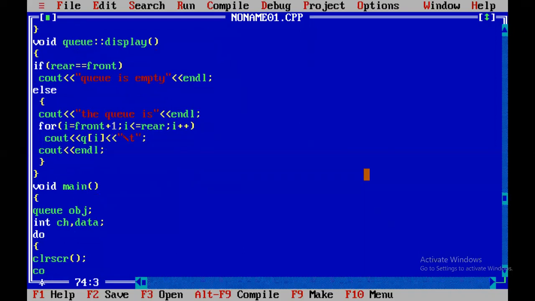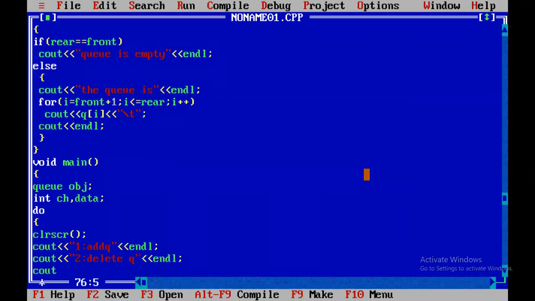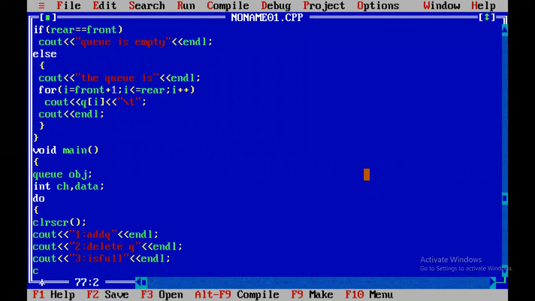Cout 1. Add Q. Cout 2. Delete Q. Cout 3. Is full. Cout 4. Is empty.